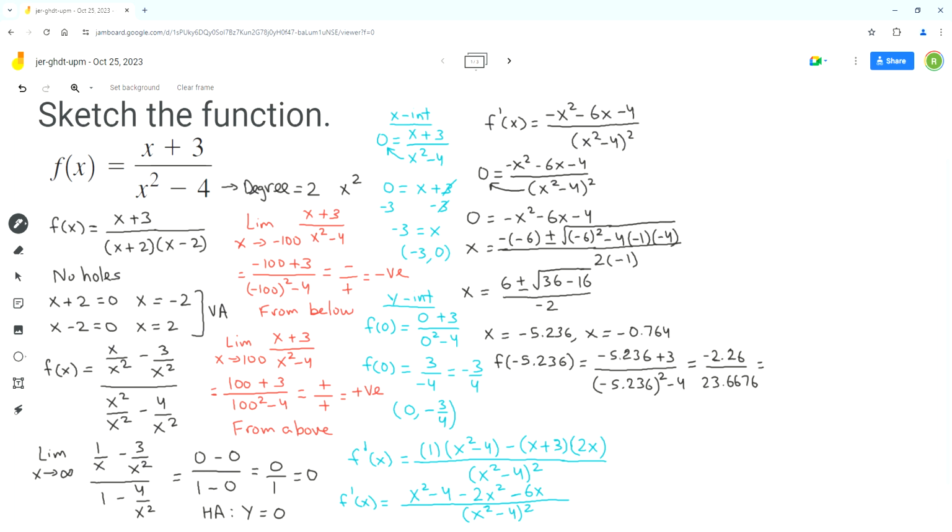So almost negative 0.01. No, almost 0.1. Sorry. So the first critical point is